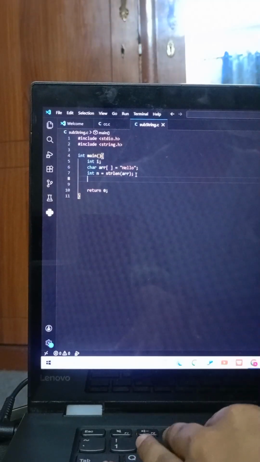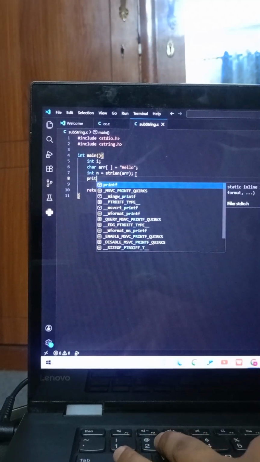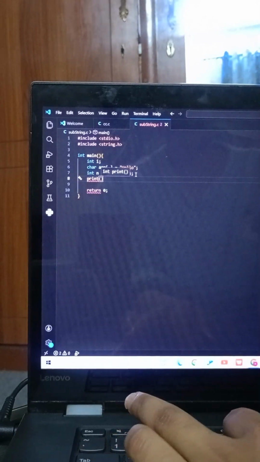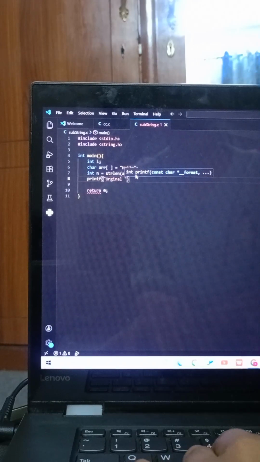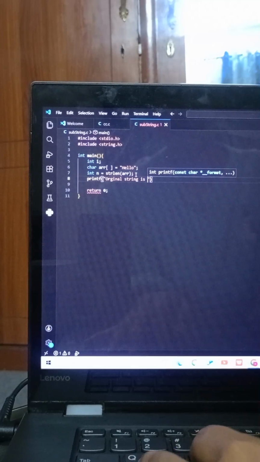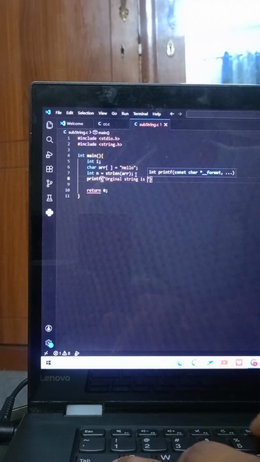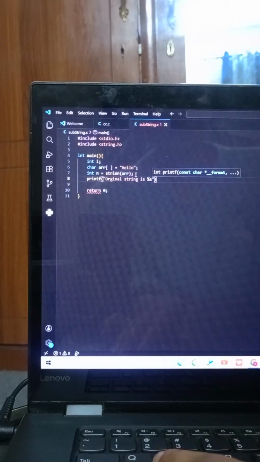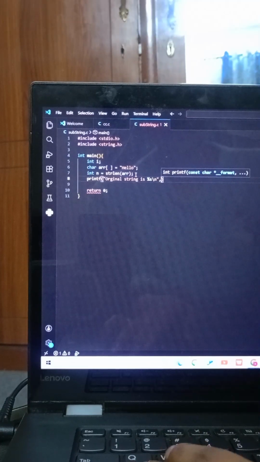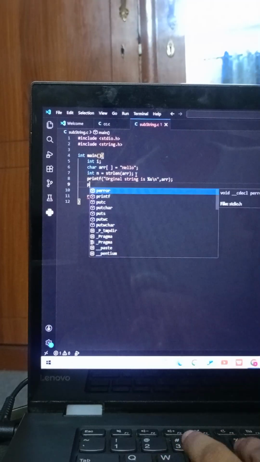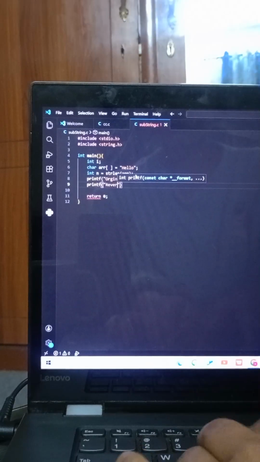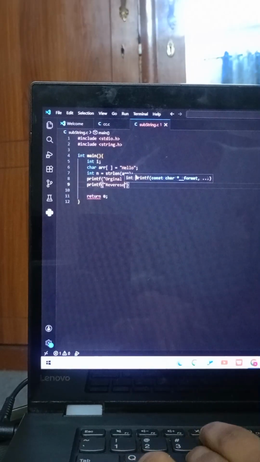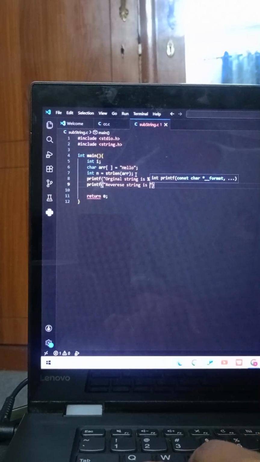Now, okay, so we will print. I want to print, let's say, original string is, let's say hello, right? So for that reason here I will include hello, and then here array. Now printf, I'm going to include reverse string is,